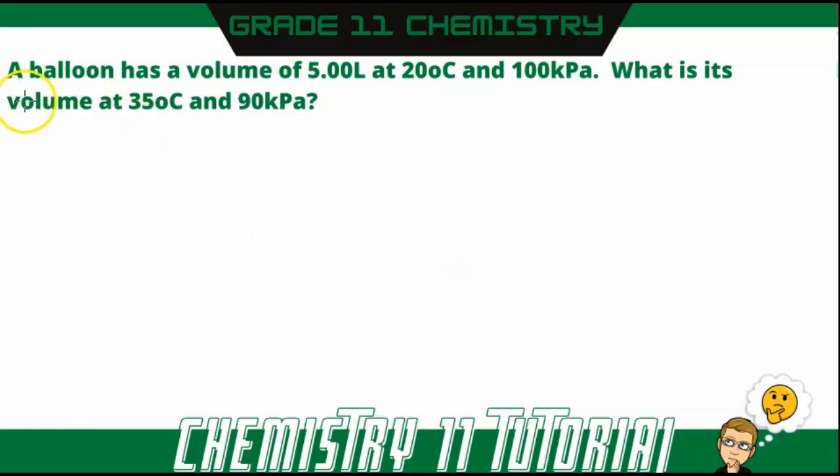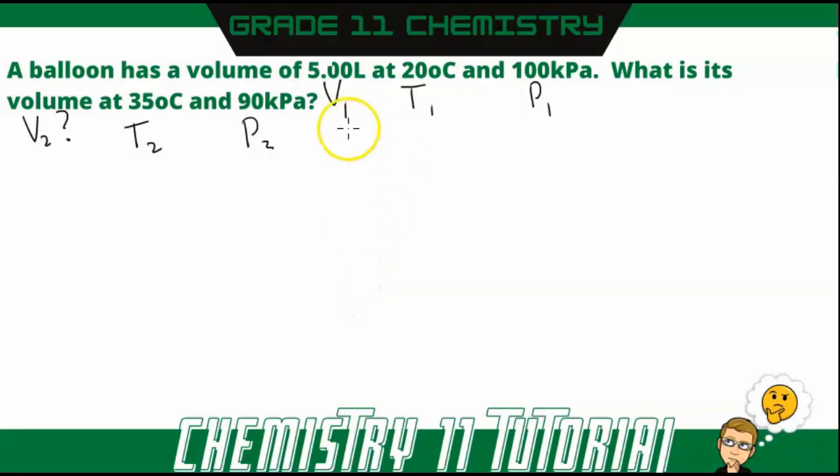Let's read the question. A balloon has a volume of 5 liters, so here's V1, at 20 degrees and a pressure of 100 kPa. What is its volume? So it wants to know V2 at T2, 35 degrees Celsius, and a pressure of 90